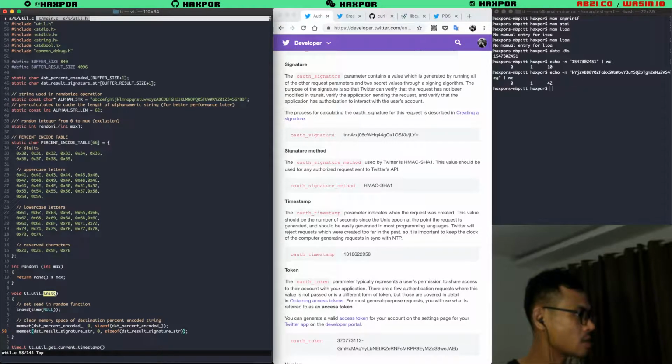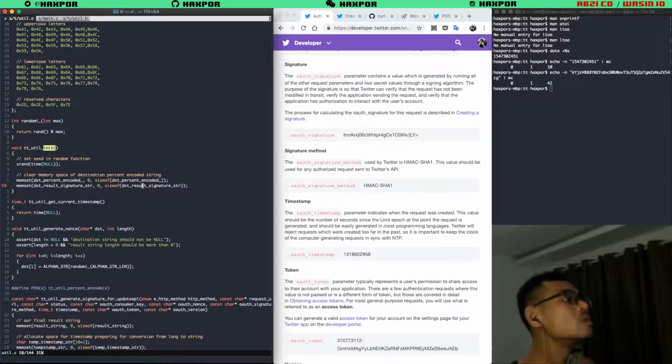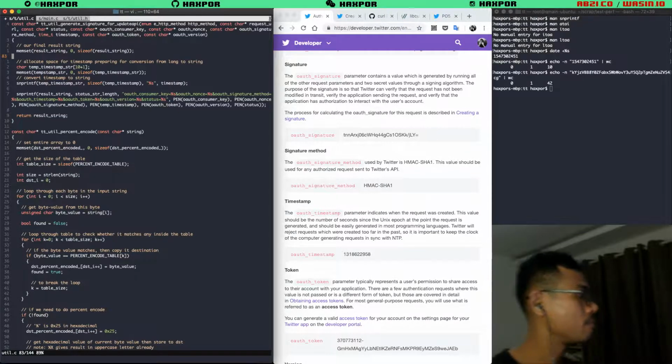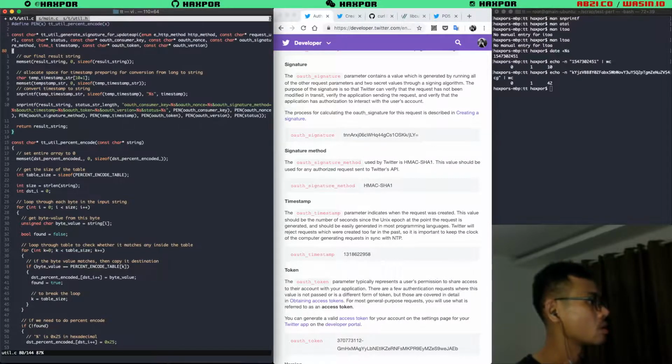Okay, let's get back to this. Resolve signature string. Okay. This is not resource string anymore.